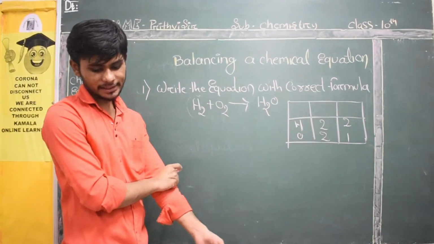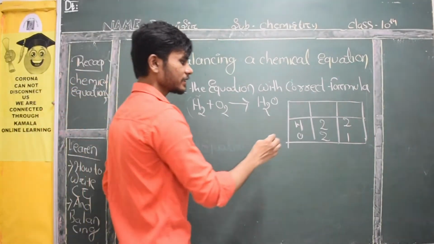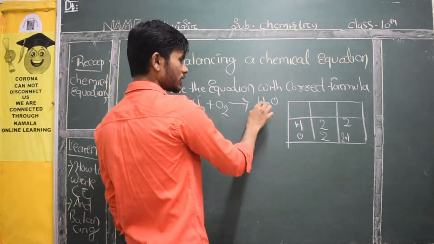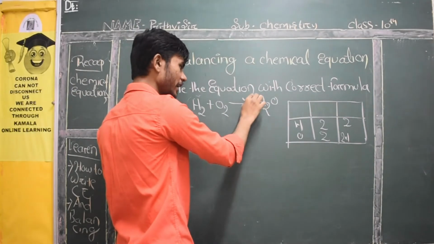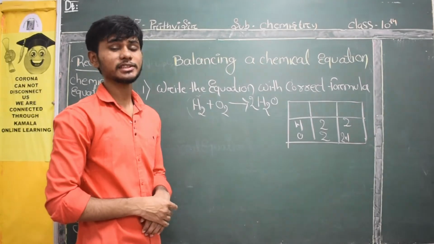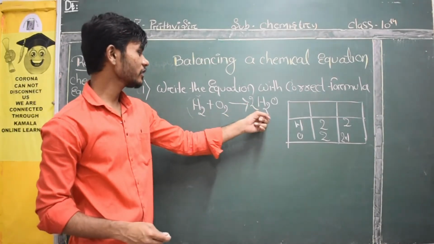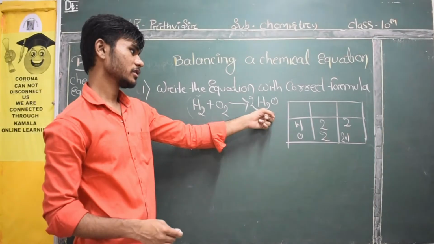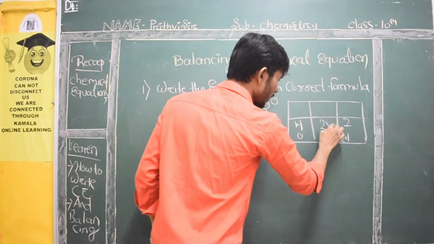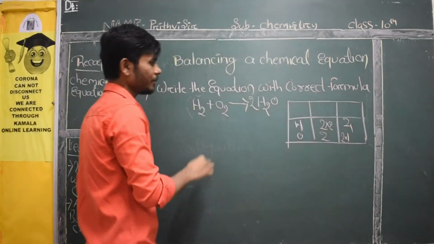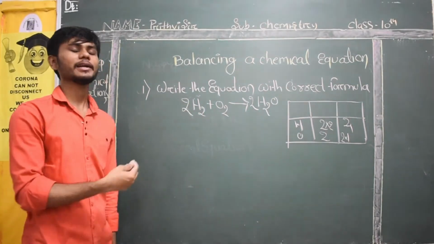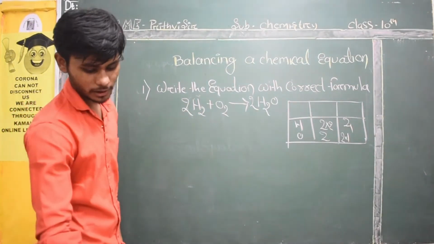How will we balance it? We need to multiply 2 on which side? See here, if we multiply 2, then it is 2 into 1, 2. So in between I cannot multiply; I have to give a coefficient over here. After multiplying, what is the reaction we got? We got 4 hydrogen, 2 oxygen. But here how many hydrogens are there? Only 2. So what do I need to do? Multiply 2 again over here because it is 4 now. Now everything is balanced. 2H2 plus O2 gives 2H2O, right? This is your second step.